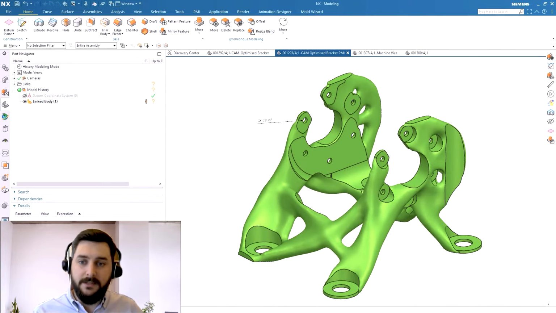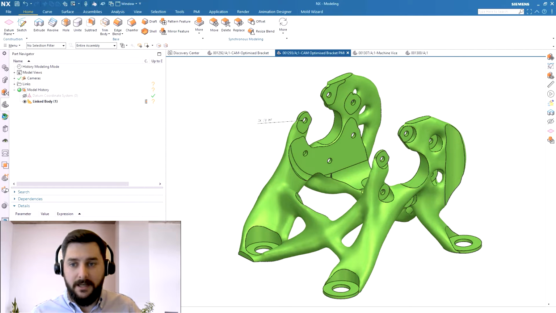For this part of the demo, I'll be taking this really nice organic looking additively manufactured bracket and putting it into the NX manufacturing application to do all the finished machining. The component you can see here is the part that was designed by Paul using the latest topology optimization technology, but I'll also be working with the data that was created in the AM application by Ashley, and this will be the physical condition of supply that the shop floor will be receiving to machine.